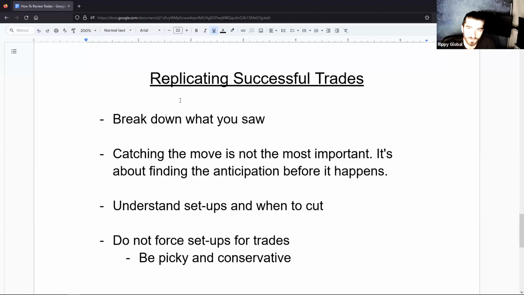So when you figure out what did I do to make this happen, what trade happened to make this result, what did the candles do, was the volume different than usual? You want to break down everything that you saw for that winning trade. It's like journaling your successful trades, journaling your losing trades.